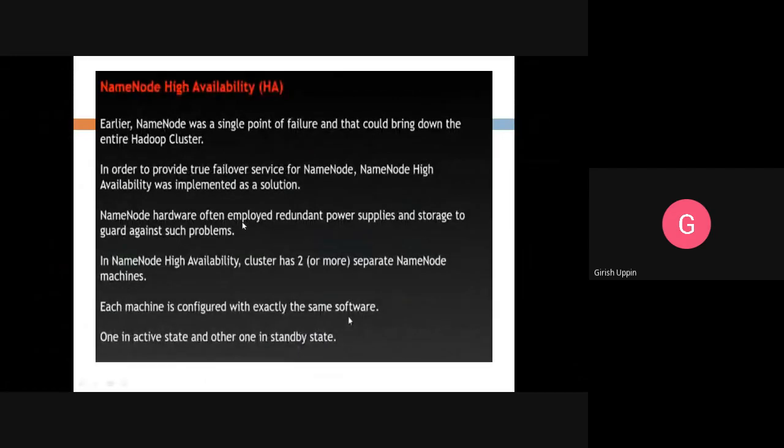Okay. Name node high availability. Okay, what is high availability? As I told you, if you saw that diagram of the HDFS, name node is the one which is performing all the coordinating or managing all the activities. And we also saw if some of the data nodes go down, name node will easily reconstruct whatever is the data on some other data node. So there is no issue with the data we have on the data nodes.